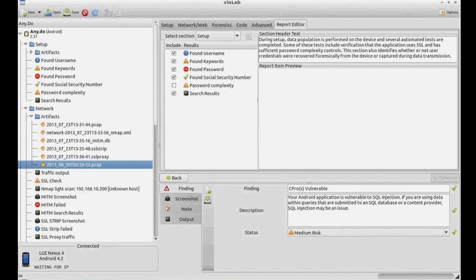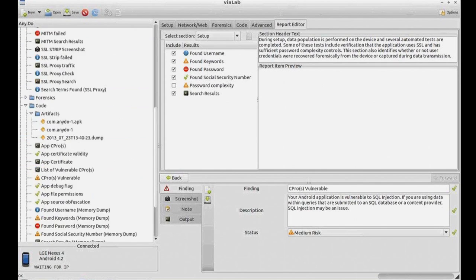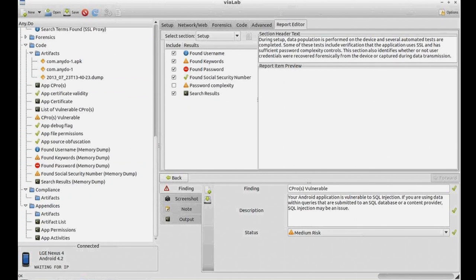The next question is, how much security experience is required for a person to use viaLab? That varies. I would say for anybody to use viaLab, you would want to have a little bit of security experience. But as you can see, just running through the automated tests alone, really anybody can see if there's any sensitive data stored locally in log files. You can test man-in-the-middle. You can do some basic code analysis, search memory dump. All of those automated tests can be done just by clicking a couple of buttons and does not really require